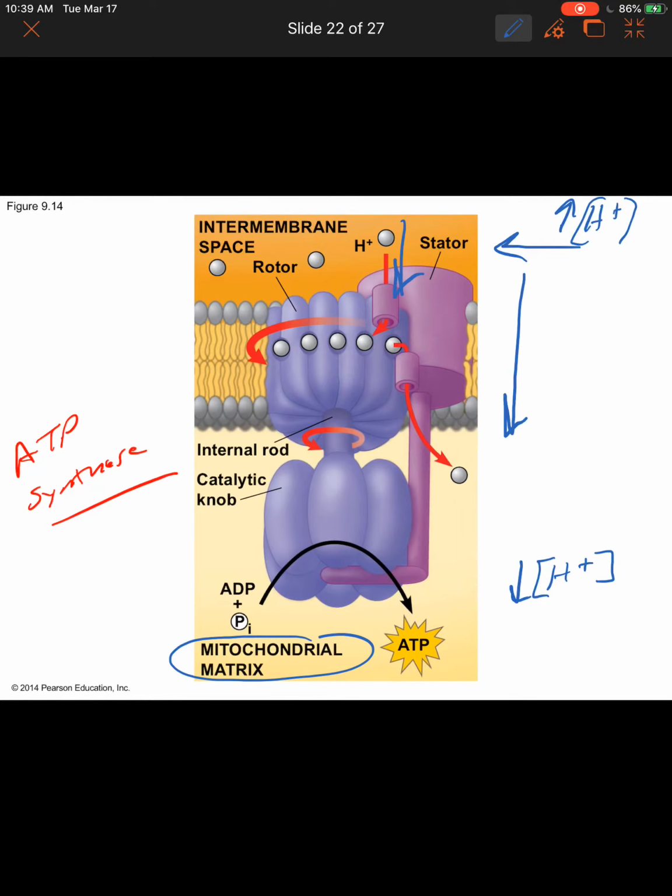ATP synthase enzyme. As the potential energy of protons built up behind a dam is converted to kinetic energy as they flow in, that kinetic energy actually causes part of the ATP synthase enzyme to rotate. The rotation of that top part, called the stator, which you see right there, then causes the catalytic knob, let me change colors again, catalytic knob here, to rotate. When that rotates, it exposes active sites that accommodate ADP plus phosphate, and those then get converted by the enzyme